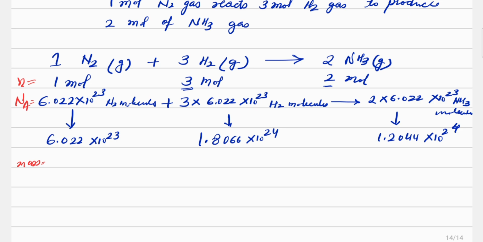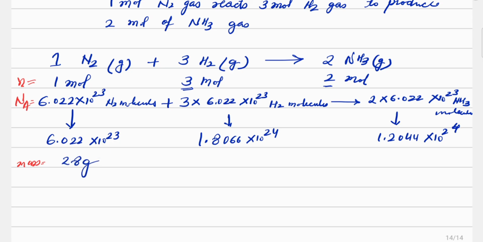So there are nitrogen N2. N2 means there are 2 nitrogen atoms. One nitrogen atom weighs 14 and 2 nitrogens weigh 28, and 6.022 into 10 raised to power 23 molecules weigh